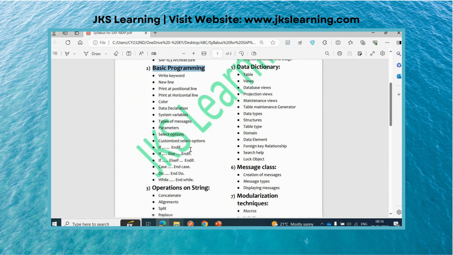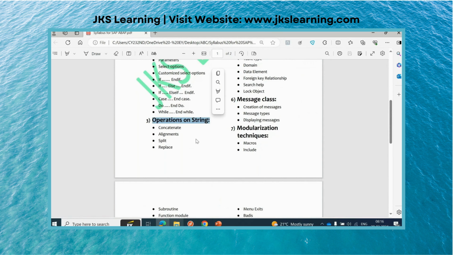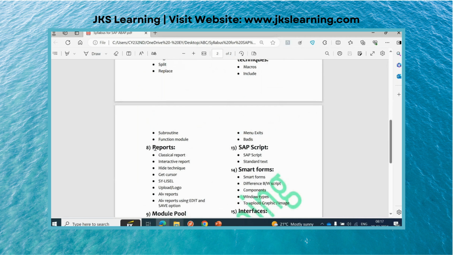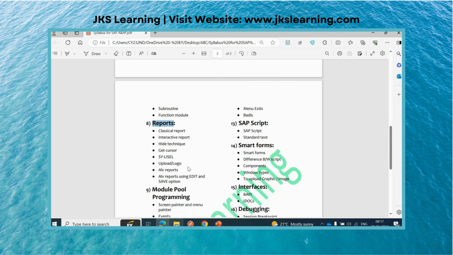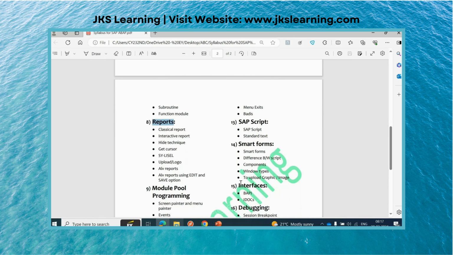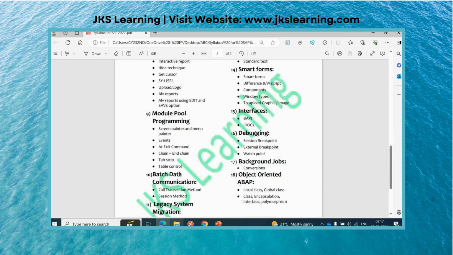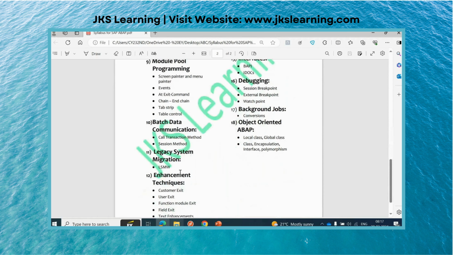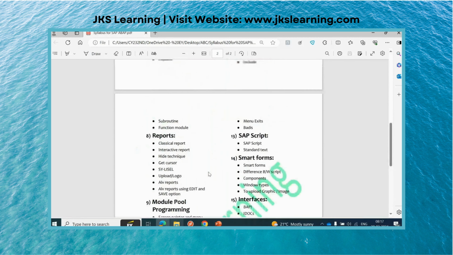Then how to do the operations, how to create a report. If you attended the demo session, we went through a short overview of what we have in SAP ABAP, like reports, interfaces, scripts, forms. Each and every topic will be covered in detail, so you need not worry about missing anything from an interview perspective.